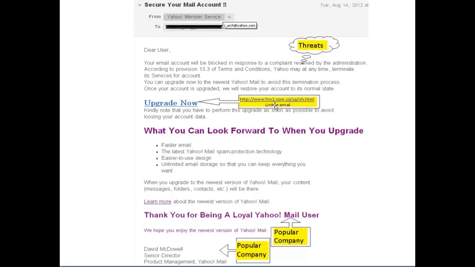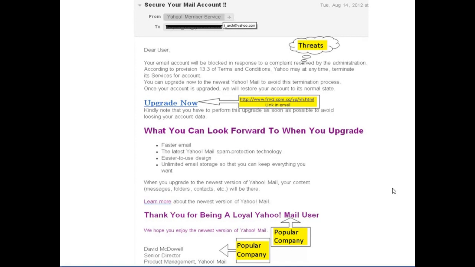Instead, it is pointing to something like 52.com.co. They are using the name of a popular company, but this is clearly a phishing scam. Plus, if you can see, there are some grammatical mistakes in the email as well. Such phishing emails always contain grammatical errors, spelling mistakes, a threatening tone, as well as links which do not point to the original website. So before opening any link in any email, always examine these 3-4 points about that email